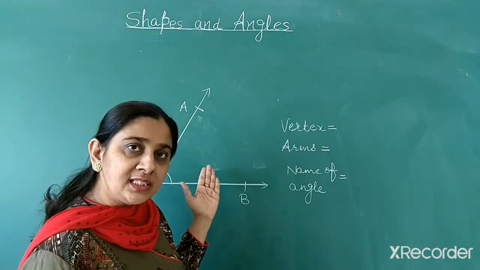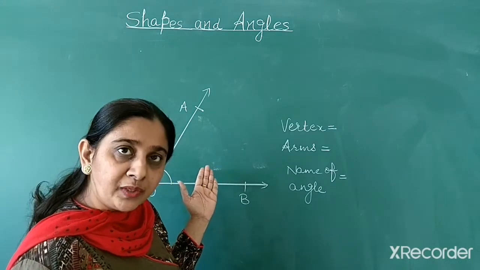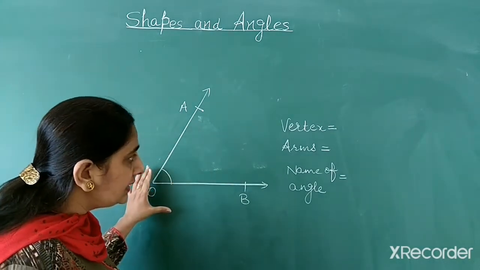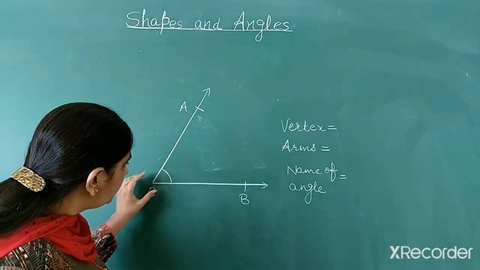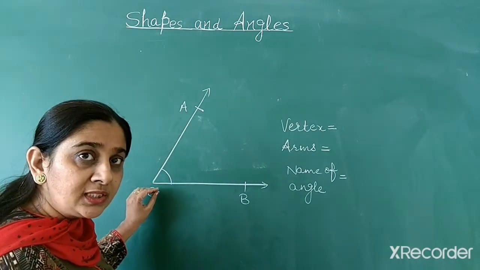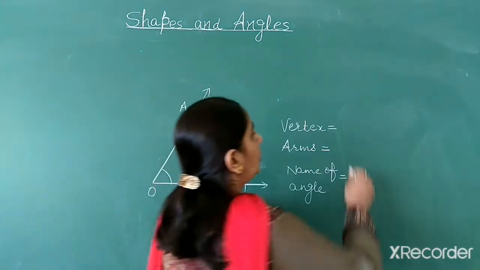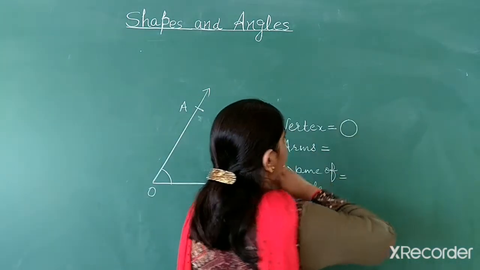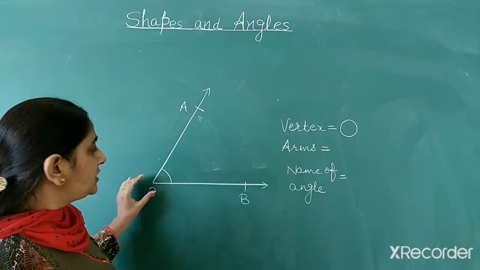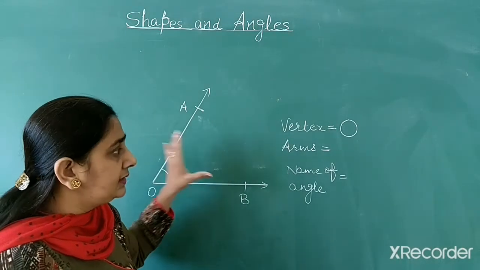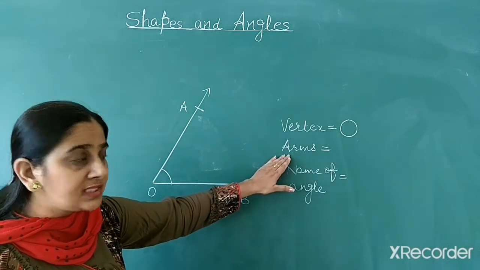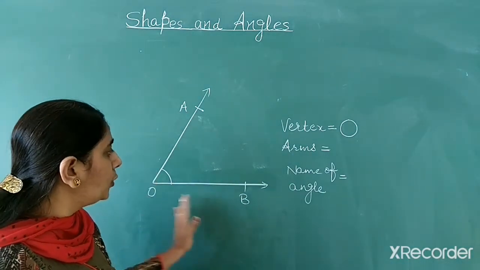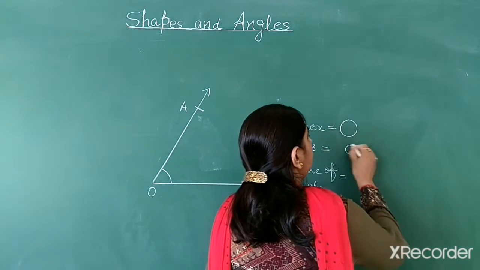And you have already learnt about the different parts of an angle. So, look at this angle and can you tell me what is the vertex of this angle? When two rays meet at a common end point, that point is called the vertex. So, O is the vertex in this figure. Now, two rays which are making this angle are called the arms of the angle. So, what are the arms of this angle? Ray OA and OB are the